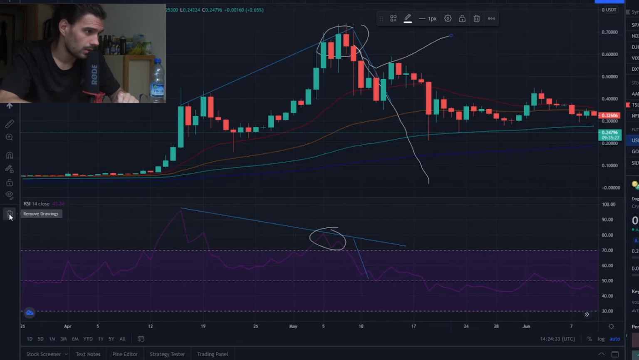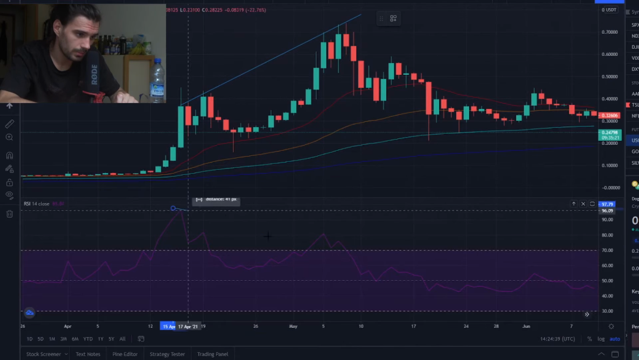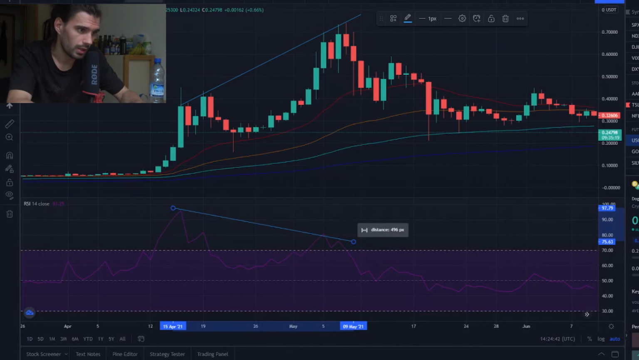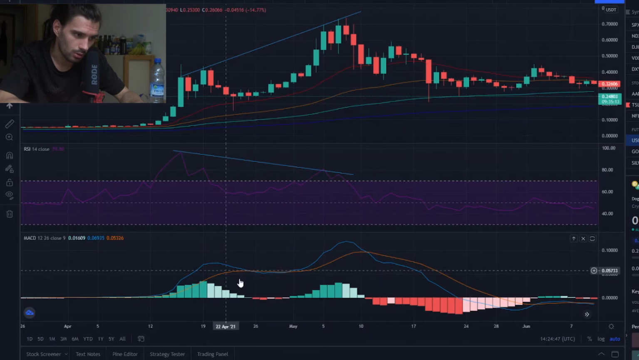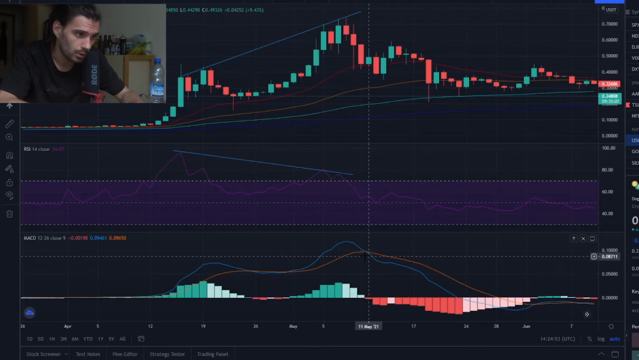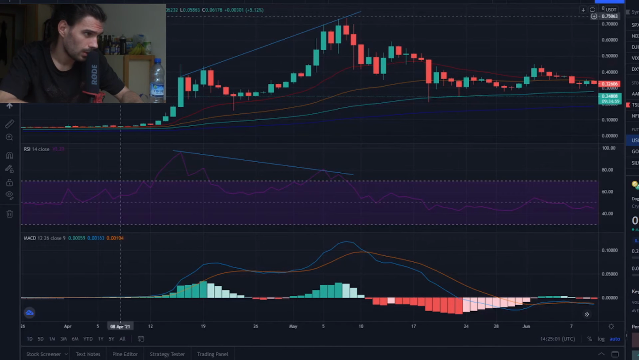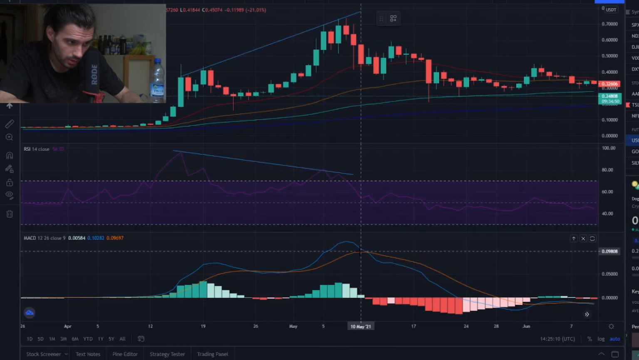But anyway, we are looking for this divergence on the RSI. Now if we add the MACD, you can see here the blue line and the orange line. So basically what you want to focus on is you want to look here for a crossover between the blue and the orange line, which often you can determine slightly before it will happen. You can see here, if we zoom in,